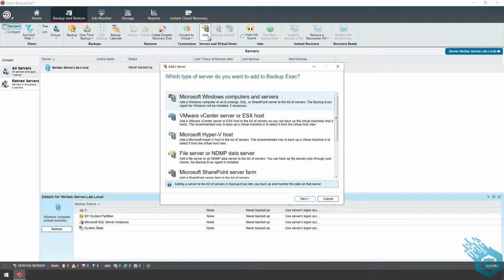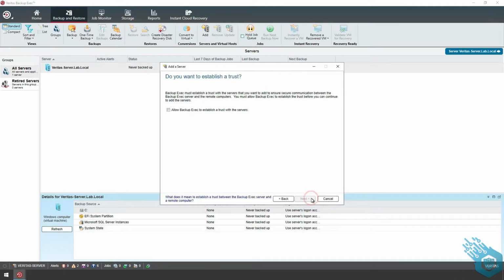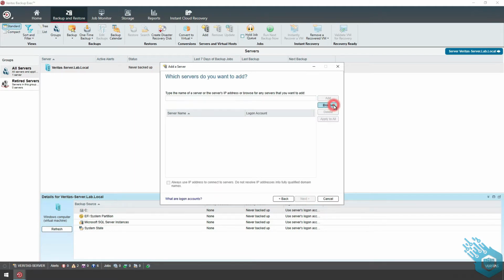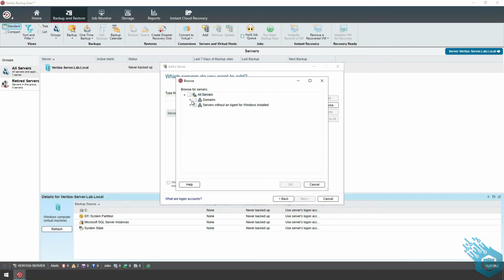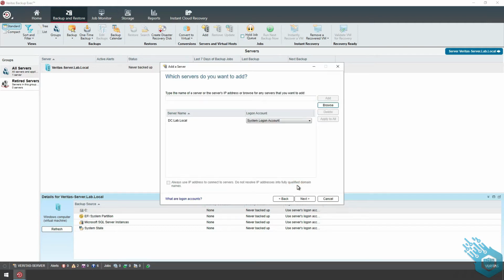But as I said before, I'm going to go ahead and choose the first option for this video. I'm going to hit next. I'm going to allow backup exec to establish trust, and I'm going to browse and look for the server I want to backup. In this case it's going to be the domain controller of this local.lab domain. I'm going to click next